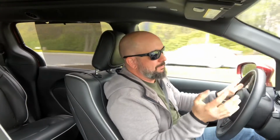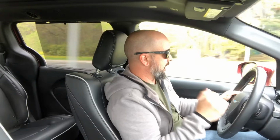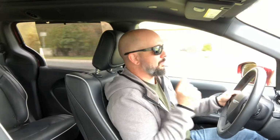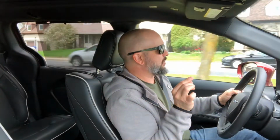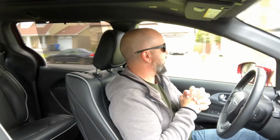I suppose in the end, that's it. Everything else about the Pacifica plug-in hybrid is exactly as you would expect it. So you get the 3.6 liter V6 with the eFlite electrically controlled transmission, not electronically, electrically controlled transmission. So that has the electric motor integrated in there, which means that your total system output is 360 horsepower, which